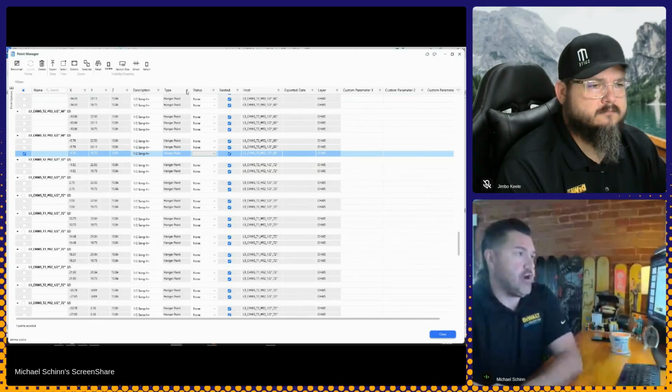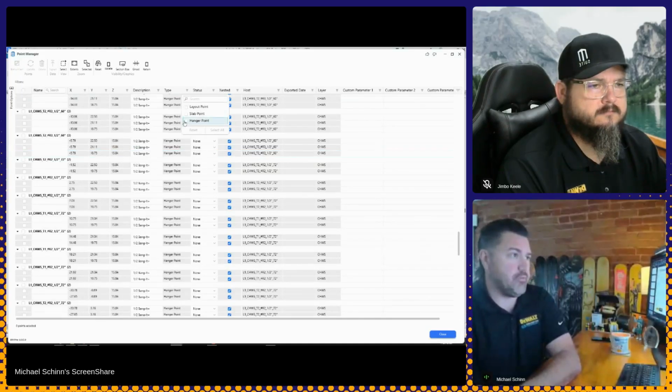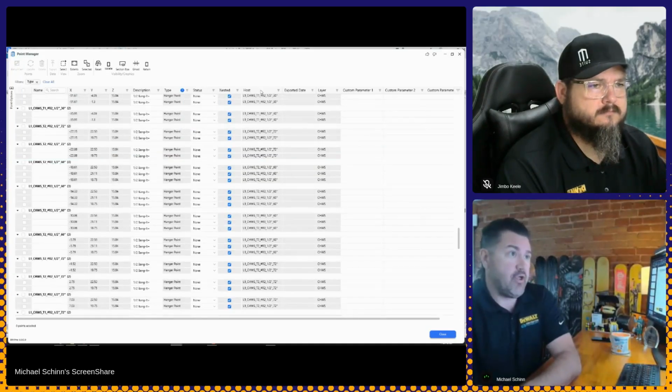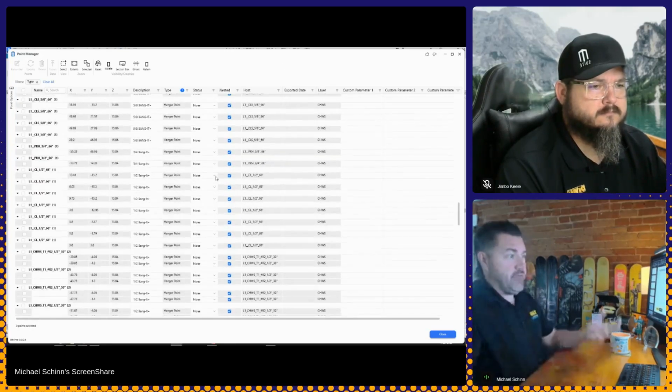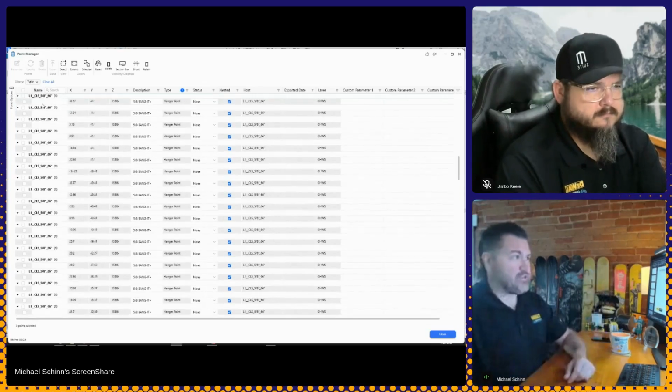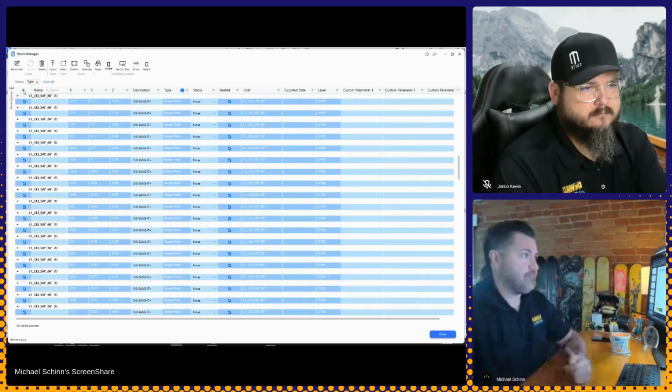I can go up here and say, all right, I want to filter this by hanger type or hanger points. And then I also want to filter this by maybe hosts. I can go in here and see different types of certain hangers I have in here. Now, if I want to name all my hanger points in here, I can simply click this button here, click